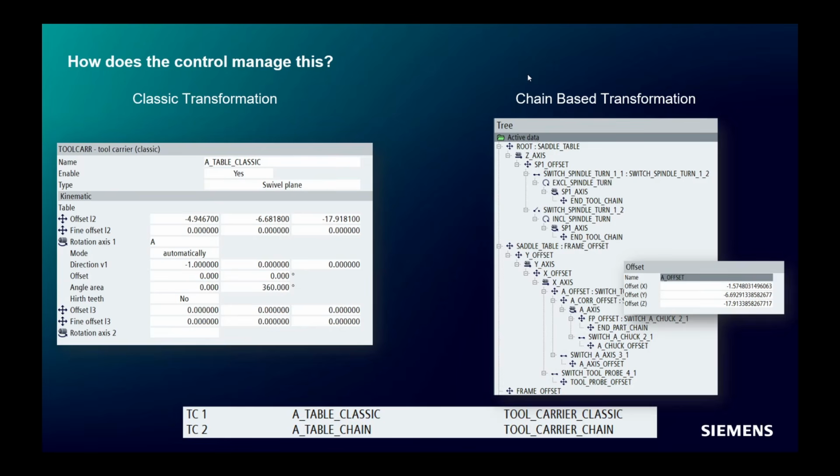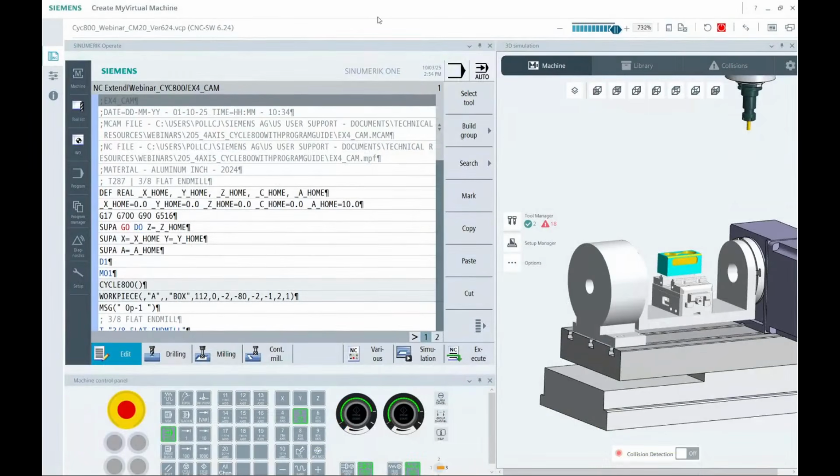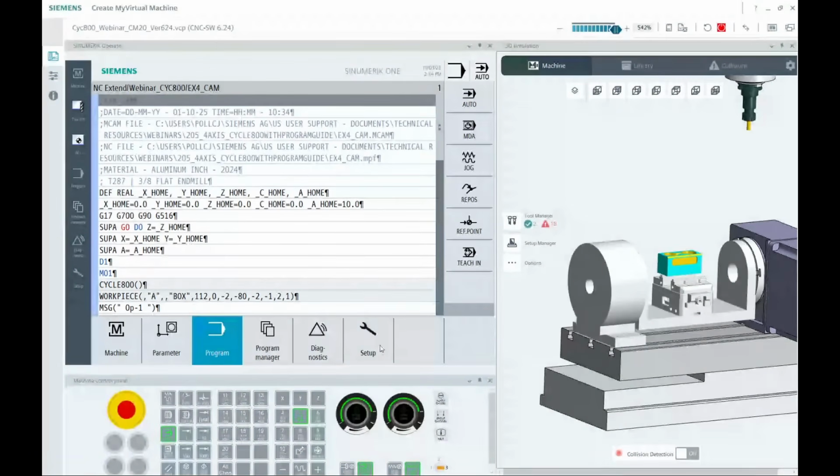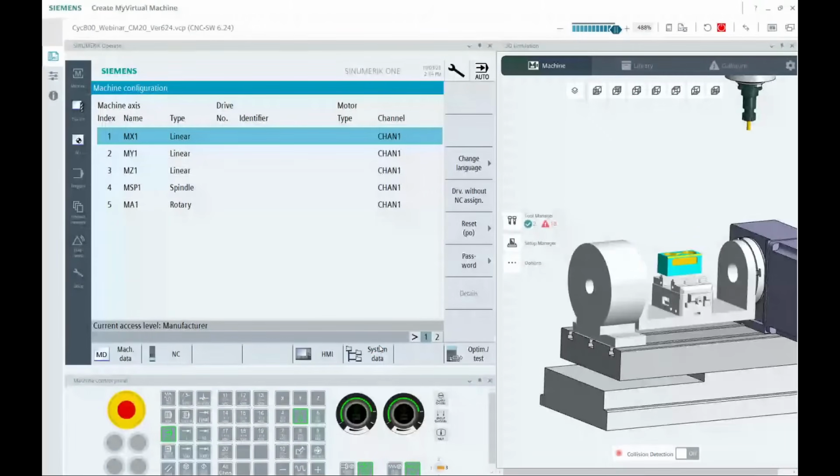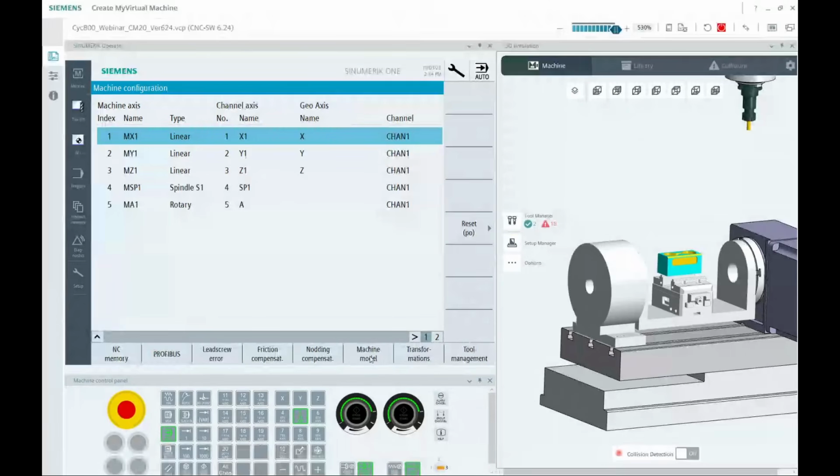So to show you a little bit of what that would look like on my machine, if you go over to your setup area, and we go over to NC, you have model and transformation. So let's start with this transformation button. I would need to be at least at the service level, if not the manufacturer level, to get into some of this stuff. But you go to transformations,